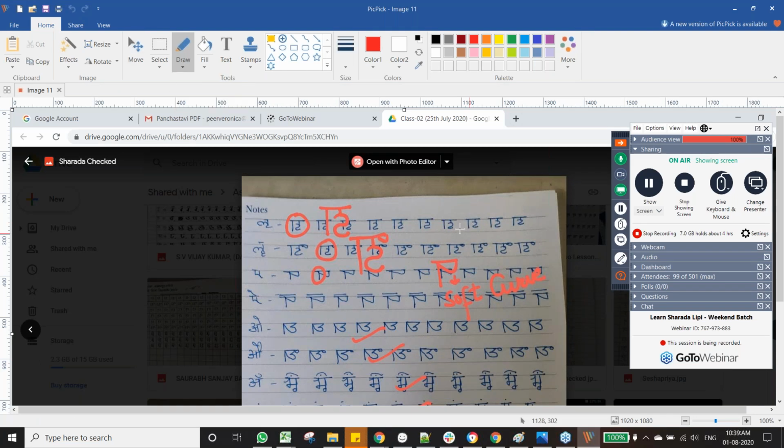The shape goes like this. What you have done is incorrect. Another thing is the hook that comes from the Shirorekha should go in the center, not at the ends, not at the left or the right hand side. It should be exactly in the center of this S figure.